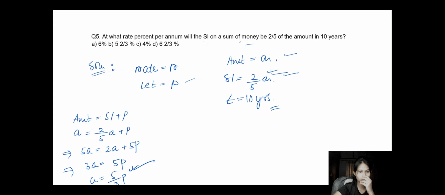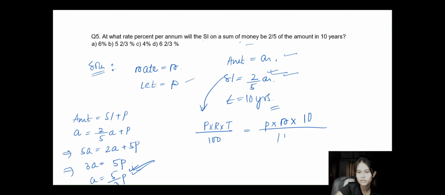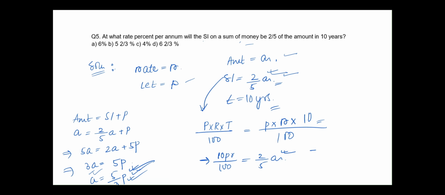Now, why is this required? When I do this equation, I will substitute with this. So how we will do is SI equals P into R into T/100. So now P is P, R is R, and T is 10, divided by 100. But also this is equal to this. So we can directly equate, that is 10PR by 100 equals 2/5A. Now why was A required? See, so now if we put this here, this